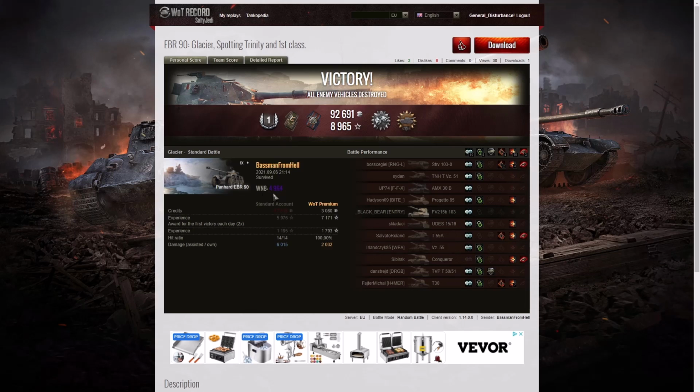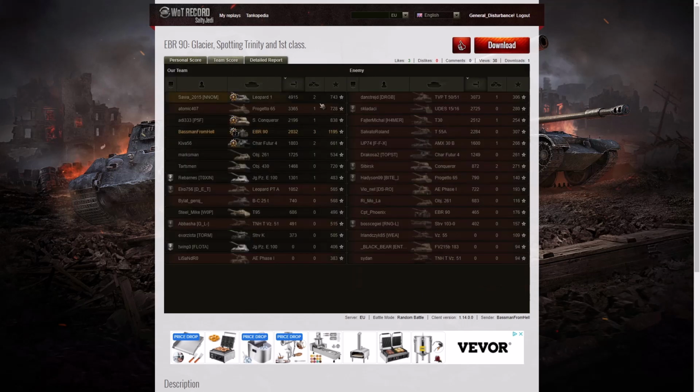Win ace for the game was 4,964, which is Super Unicum standard. Let's have a look at team score. Well, we can see the highest damage in the game was actually done by our Leopard 1, who got a Confederate for 4,915 hit points. And the second highest damage was the Progetto with 3,365, followed by the TVP on the enemy team, 3,073 hit points, and some of that belonged to the Bassman. We can see the Bassman managed to pick up 2,032 hit points of damage. He was just after the Super Conqueror in this one. Super Conqueror on our team managed to pick up Steel Wall, and of course the Bassman managed to pick up